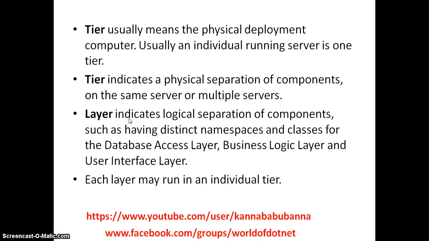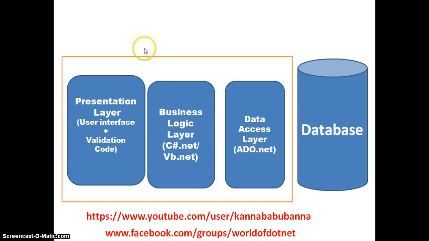A layer indicates the logical separation of components. Is it clear? So a layer always describes the code. For example, let us consider my entire application is divided into three layers. One is the presentation layer, another is the business logic layer, another is the data access layer. This is your database. The presentation layer consists of the user interface code plus validation code. User interface code means designing code. For example, if you develop any application in ASP.NET, the designing code like webform1.aspx